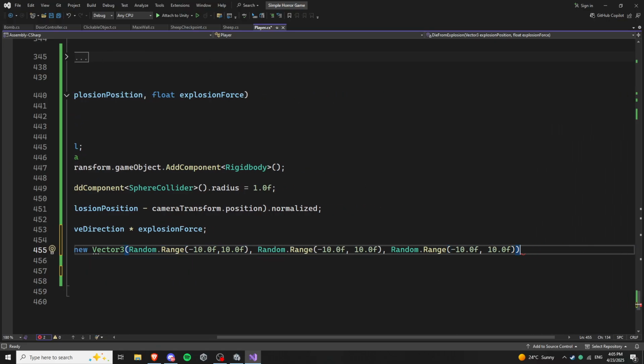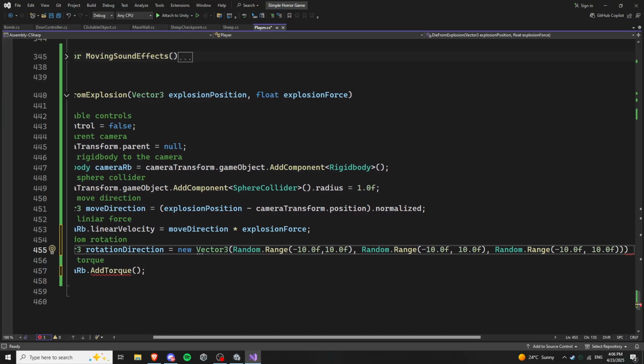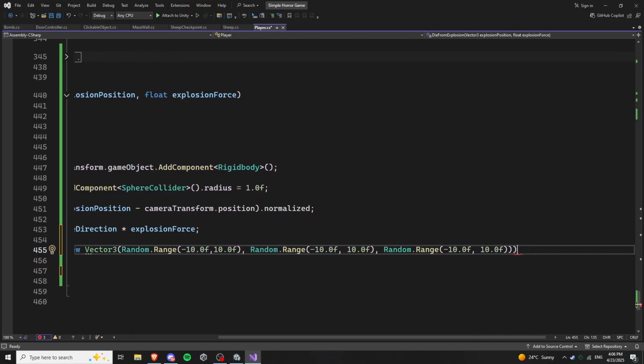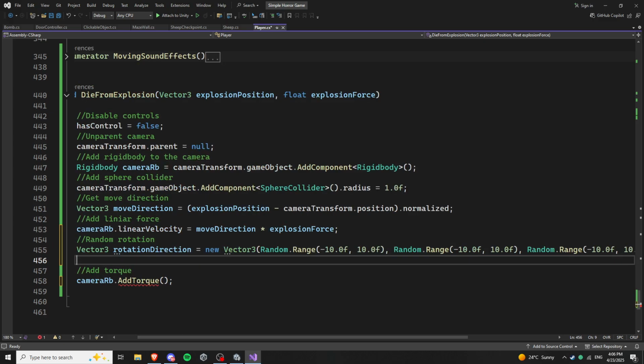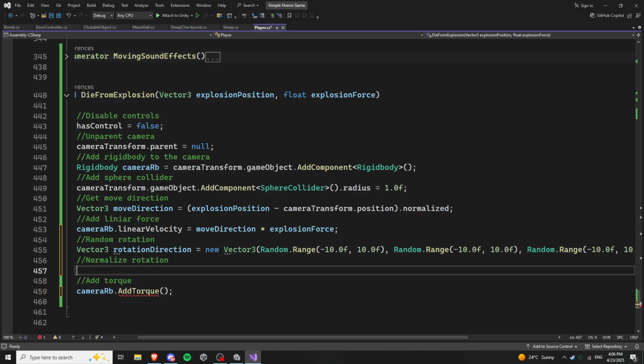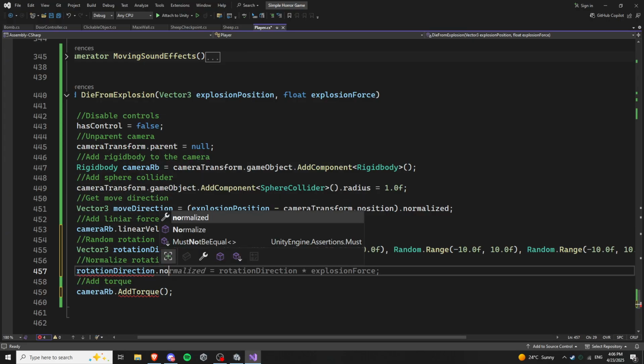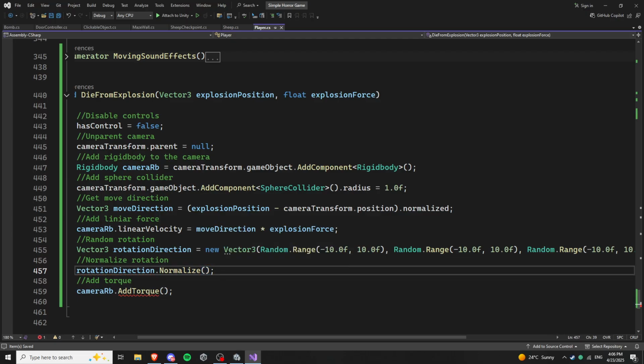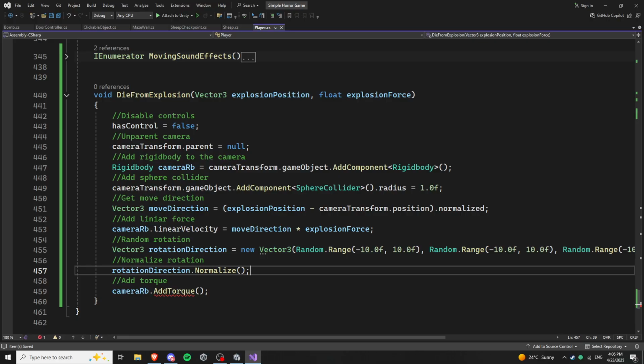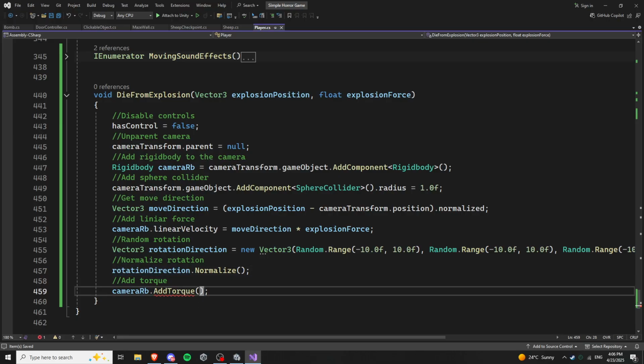And now we have to normalize that. So normalize like this should work. Okay, and here we just say that rotation direction and then times